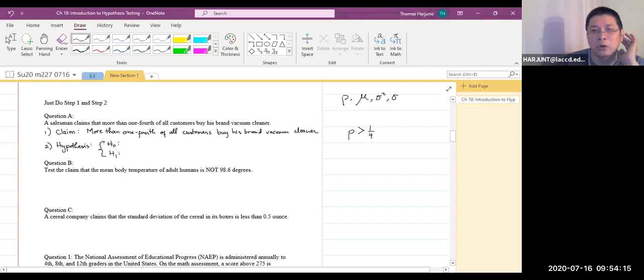Okay, that's the claim though. Now, the thing is, this is without an equal sign. Because it is without an equal sign, it will go to the alternate hypothesis. Okay, so the claim may go to the alternate hypothesis. The claim may go to the original hypothesis, the null hypothesis. Okay, now how about the null hypothesis? Then the null hypothesis must have the same parameter and the same constant, but the opposite inequality sign.